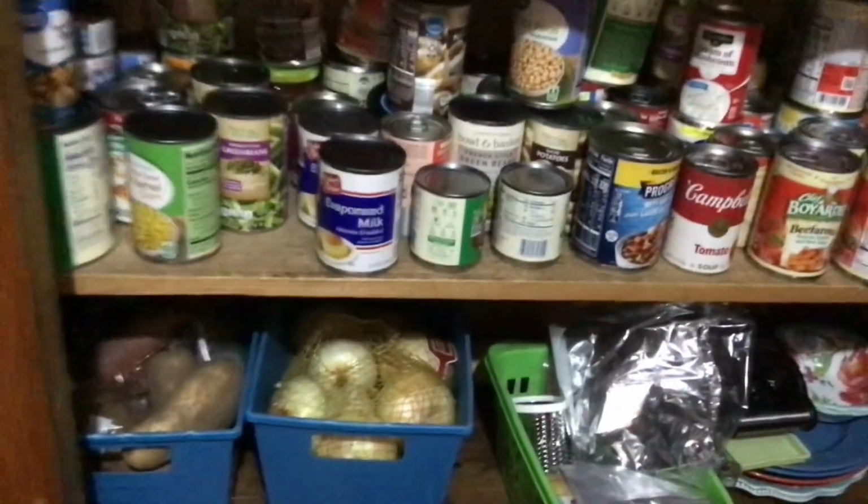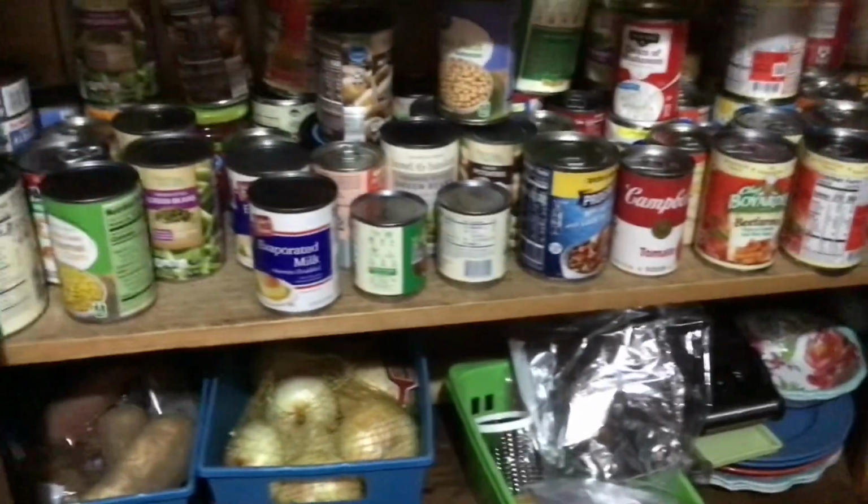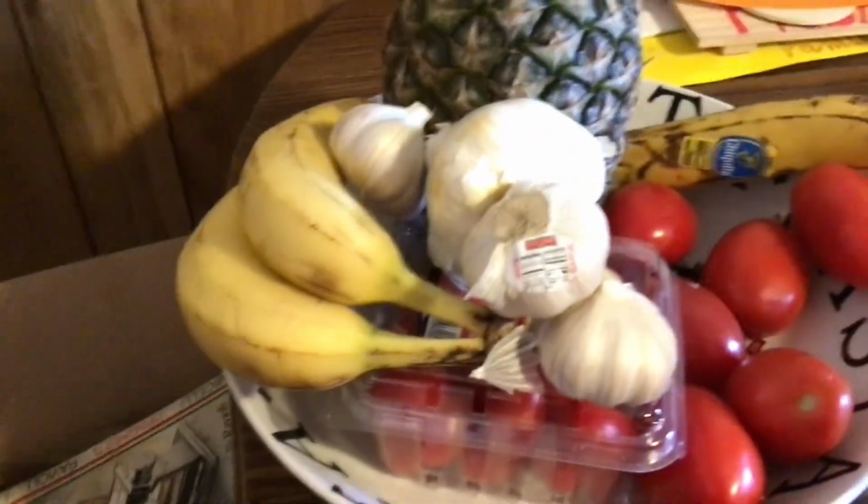noodles. I don't know if I want to put, maybe I'll put some, maybe some sliced tomato. I think I might do sliced tomato. You know why? Because the chopped meat and tomato will go good together. And I have these tomatoes over here that I need to use up. These tomatoes here in my fruit thing, they're getting a little soft, and I gotta use them up before they